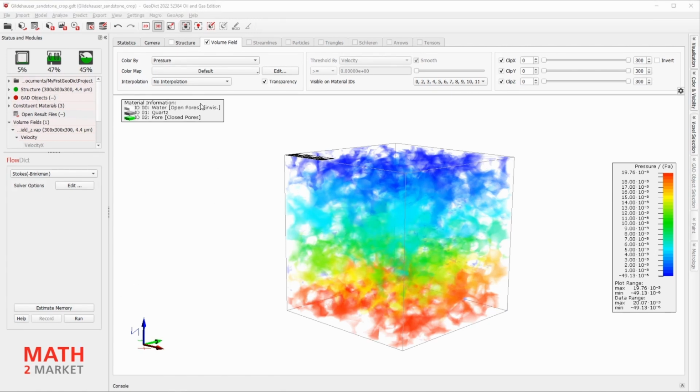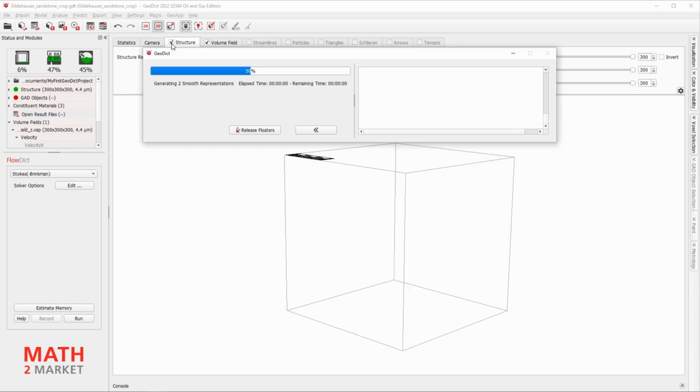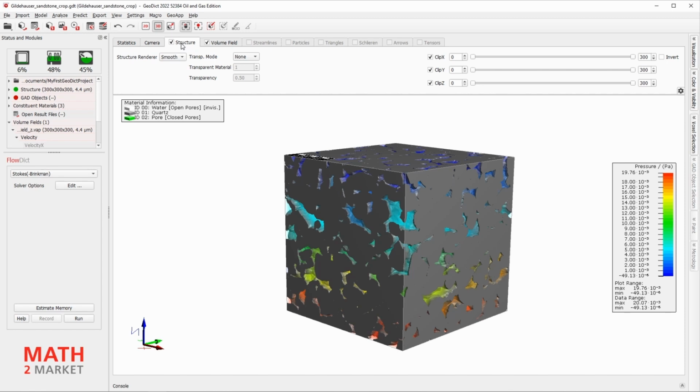You may now enable the visibility for the structure again. And what you can do now is to clip some parts of the structure.